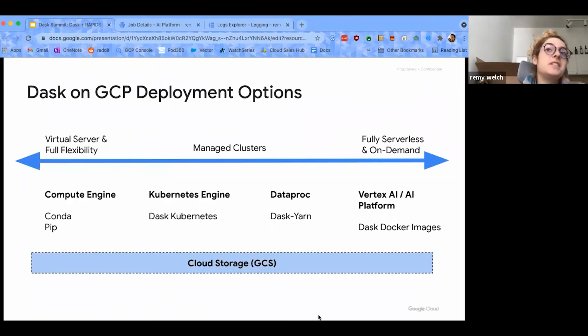In terms of using Dask, we also have a variety of different ways that you can use it. We've tested these all out ourselves; these aren't theoretical. On the left-hand side, you can completely manage and spin up your own cluster,